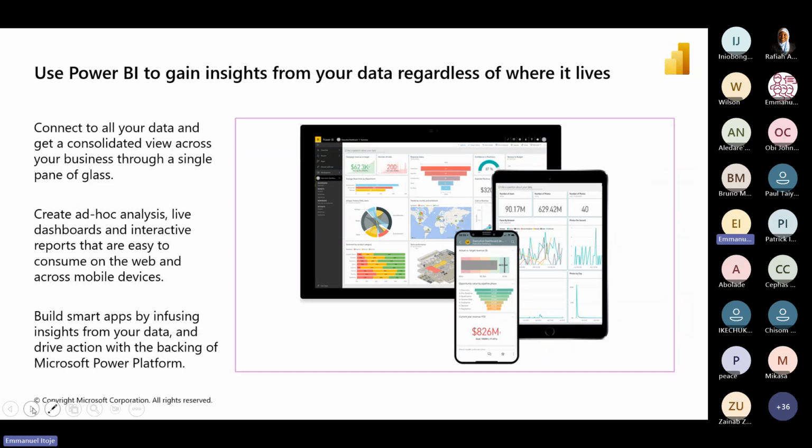Then Power BI, I'm not going to talk much about it. Basically, Power BI is for your data visualization, right? So instead of using your Microsoft Excel or maybe any third-party application like Tableau, Power BI is available for you to gain insights from your data, regardless of where it lives. So whether the data is sitting on-prem, an SQL server on-prem, regardless, you can connect it